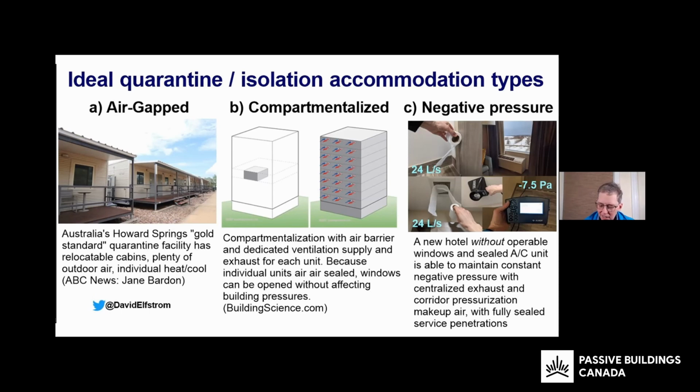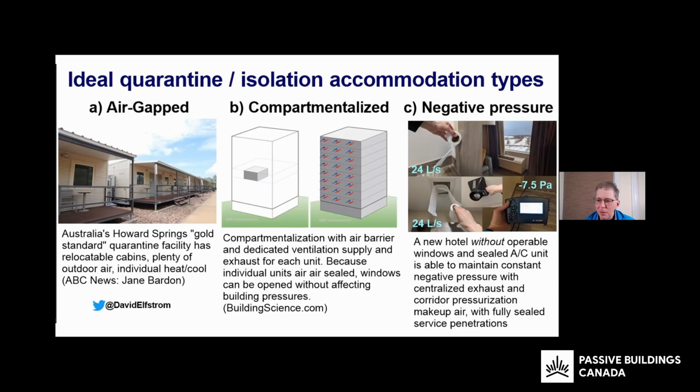And I checked the weather records for that location. I don't know where the suites were relative, like on the compass, but it was 25, 30 kilometer an hour steady winds for over a day. So there were very high pressures generated on the building that could easily have overcome the exhaust in that particular situation. I don't know if I have anything else. I could keep pulling stuff out of my Twitter feed or something, but